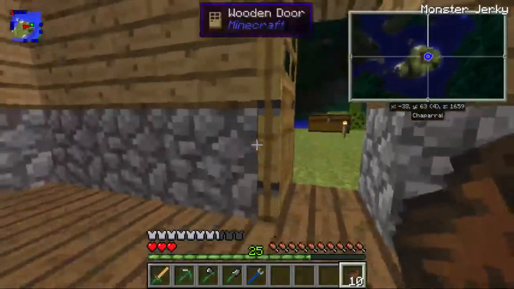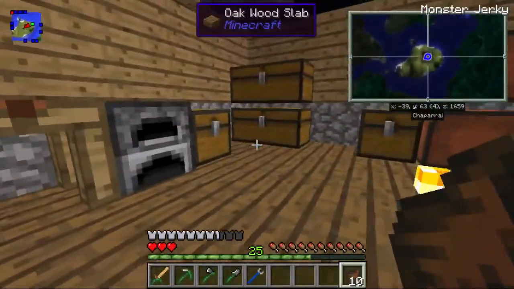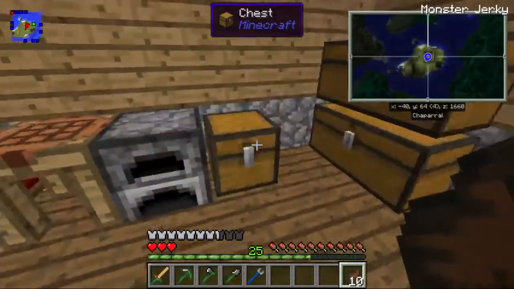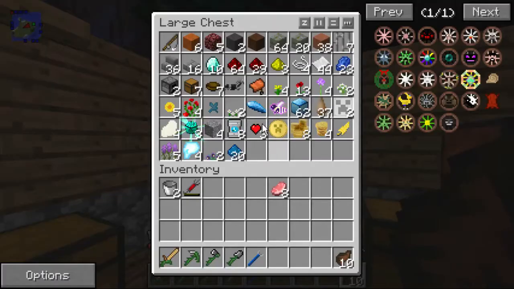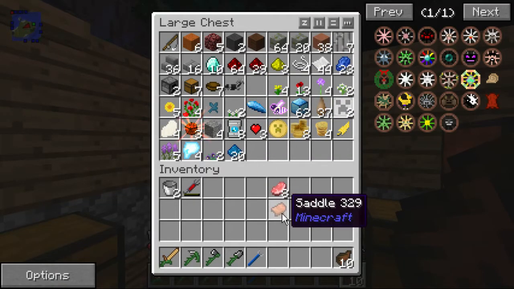So I'm gonna make a few of these and we'll play around with them. I'm only like 10 minutes into the episode and I've done pretty much all the things I was planning on doing. And I've only got one saddle. Saddles are actually craftable